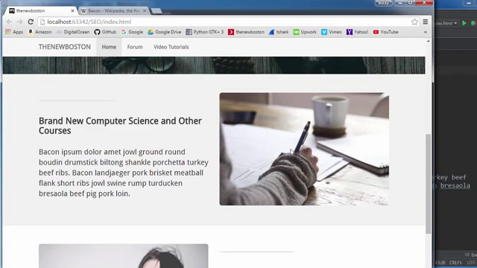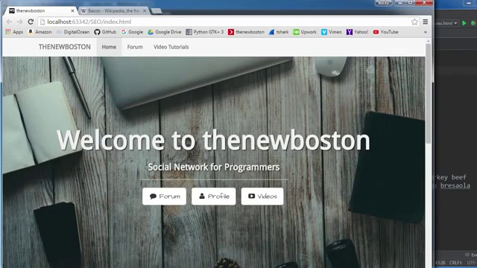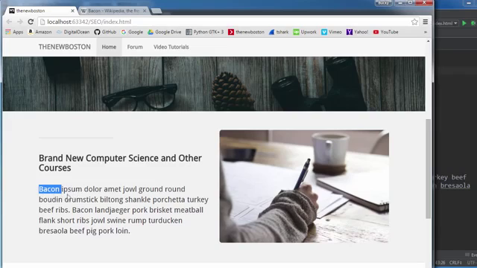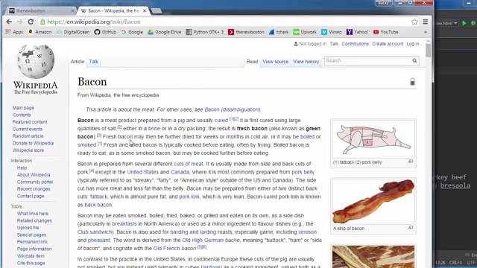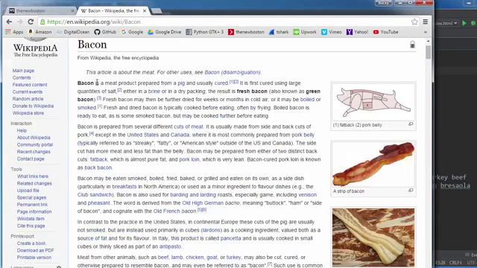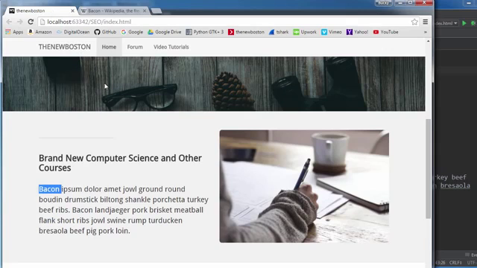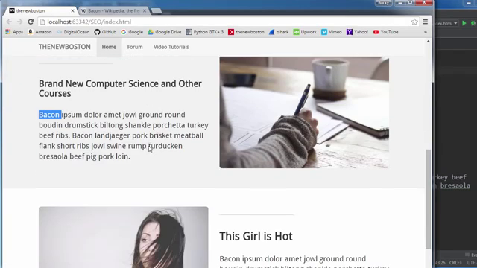If it looks at my website and I have one word about bacon, then Google is going to think, you know what? This website is probably about something else. Maybe Bucky was just telling a story about bacon, but this entire website probably isn't about bacon if it only occurred once. Now, in contrast to that, look at Wikipedia's page about bacon. You see the bacon word 1, 2, 3. I mean, it's like every other word basically. So again, it's not only where your keywords appear, the heading, the title, etc., but it's how often or frequent they appear.